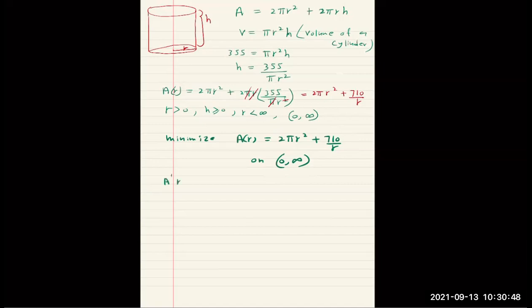A prime of r: you take the derivative of the area function with respect to r, and then you will get 4 pi r minus 710 over r squared. That's the derivative. And to find critical points, you set